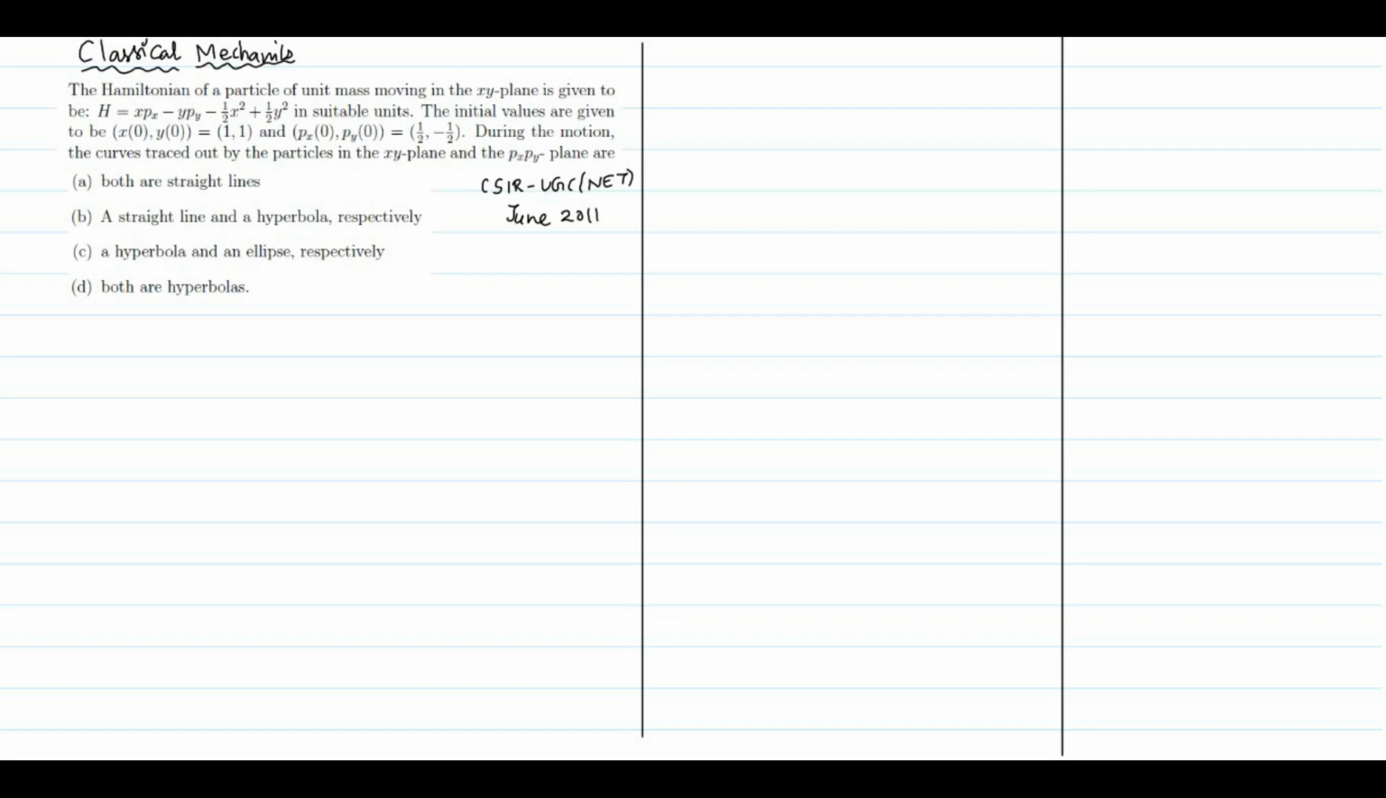The initial values are given to be, at time t = 0 second, x(0) and y(0) take 1, 1, and px(0) and py(0) take 1/2, -1/2. During the motion, the curves traced out by the particles in the xy plane and px py plane are... Four options are given. Let us solve this problem. Solution is